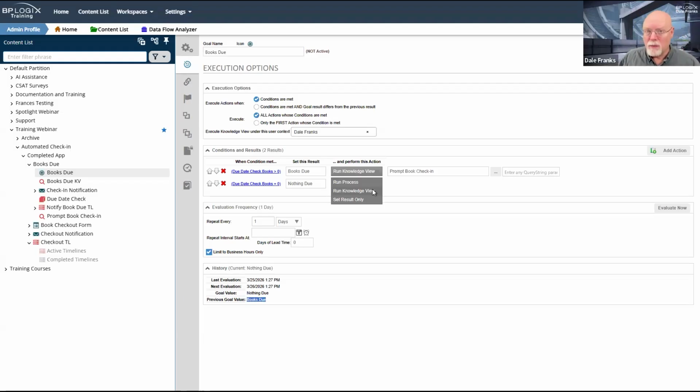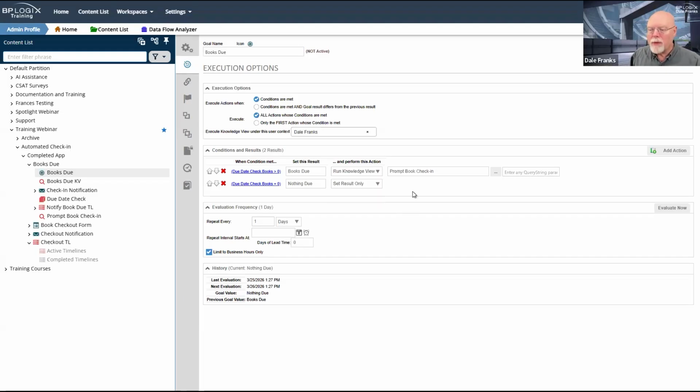And to kick off those multiple processes, now currently it's only going to kick off one process. And if I always knew that it was only going to be that one process that ever got kicked off, then I might be able to do run process. But I think more commonly, I'm going to need to invoke 1 plus n processes. So I'm going to need to run the knowledge view.